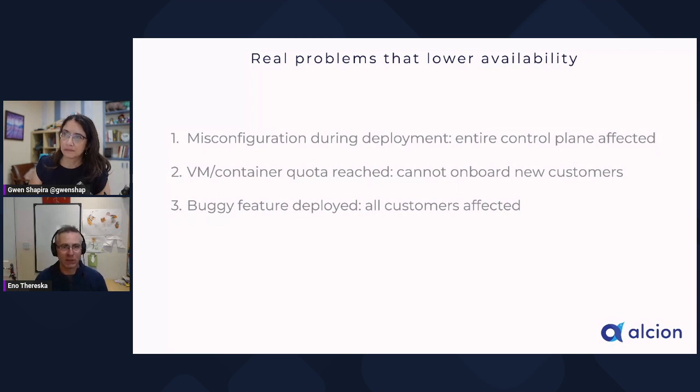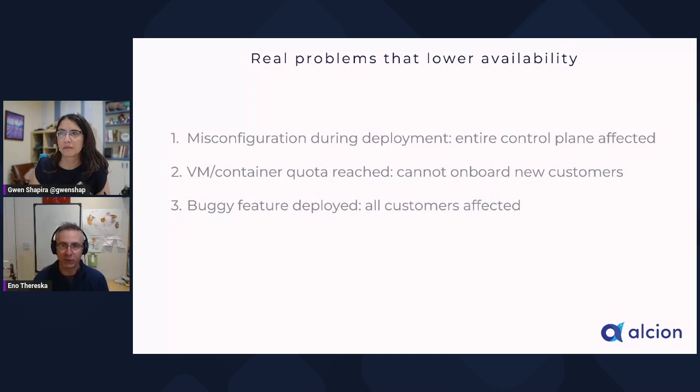And the third one is a little bit similar to the first one, but this is more about buggy code. You've deployed a buggy feature, you'd love to test it with a few customers, but you have kind of deployed it to your control plane and all the customers are affected. Now, for these particular problems, it doesn't matter if things were in different availability zones. It doesn't matter that you have decoupled the control from data plane. You still have to deal with them. And all of these are going to lead into unavailability, which is not really great.